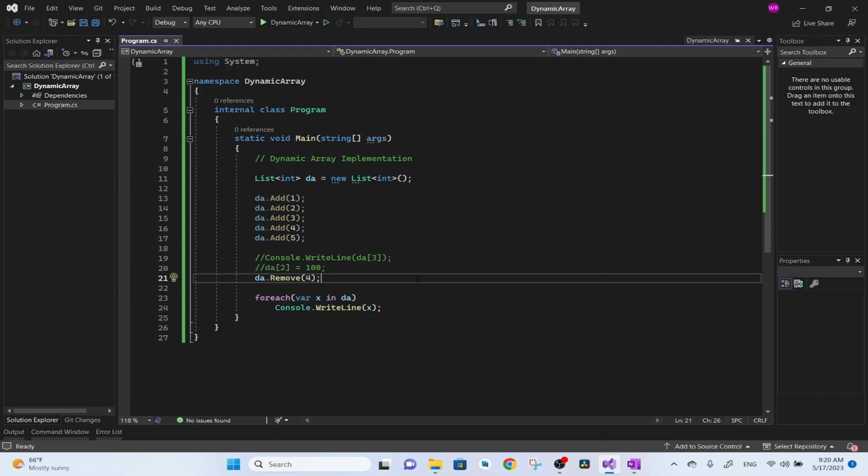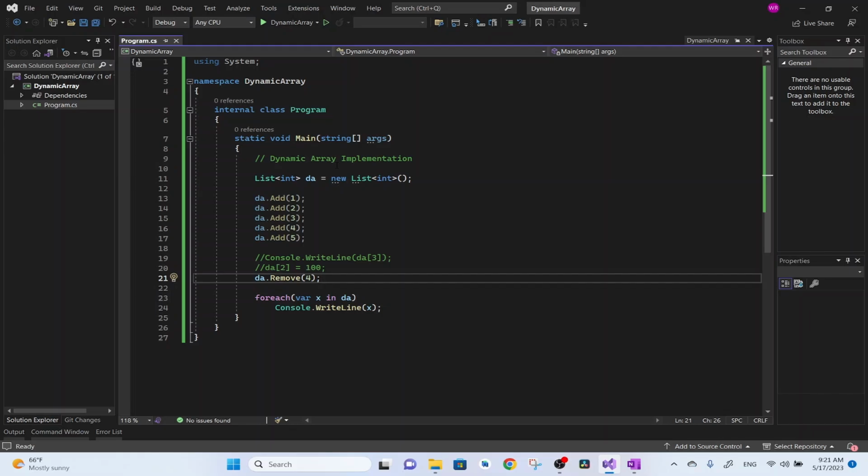So in a nutshell, a dynamic array is an abstract data type that provides the ability to resize storage capacity as needed. Unlike static arrays, which have a fixed size determined at declaration time, dynamic arrays can grow or shrink at runtime. So in this video, we are not going to use the built-in dynamic arrays. We will try to build our own dynamic array using the static array, or fixed size array, we learned in the previous videos. The dynamic array is implemented basically by allocating a block of memory that can hold a